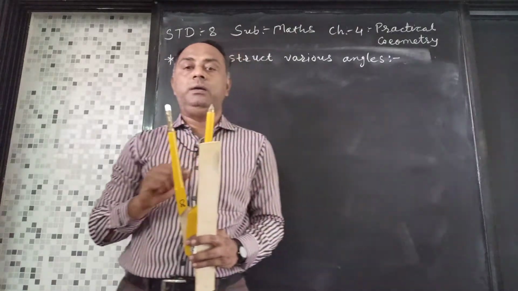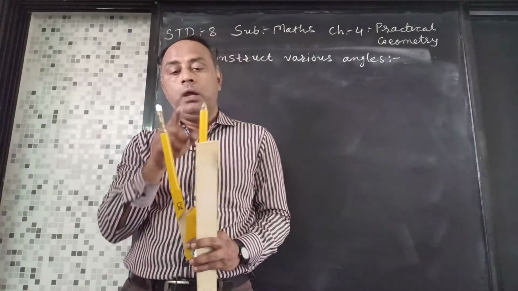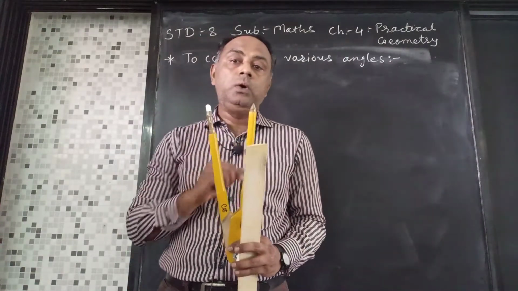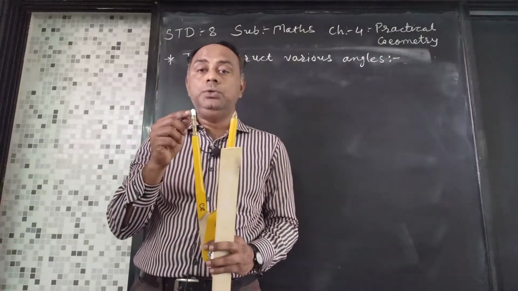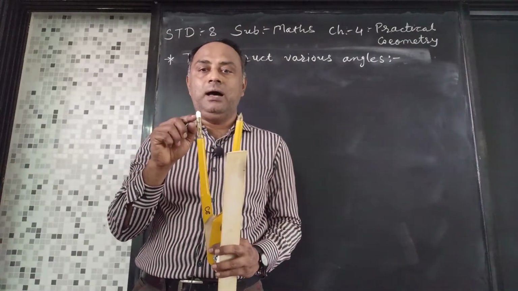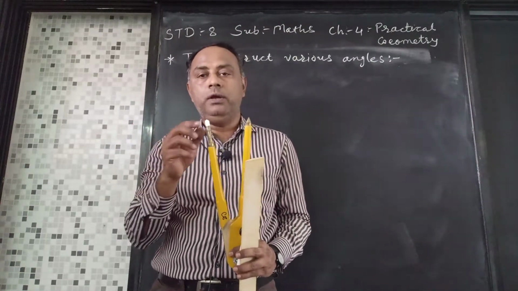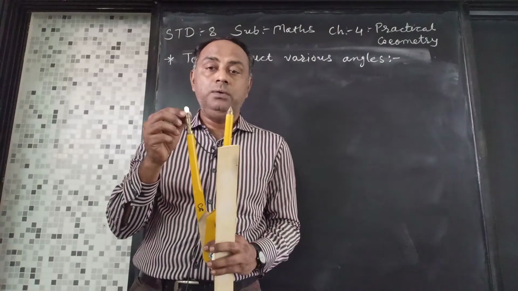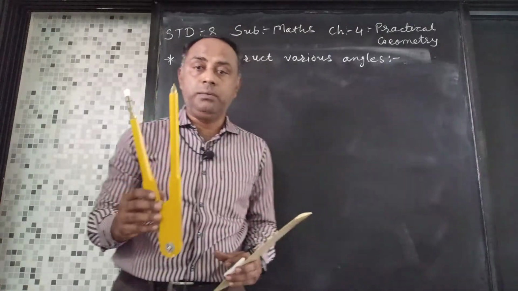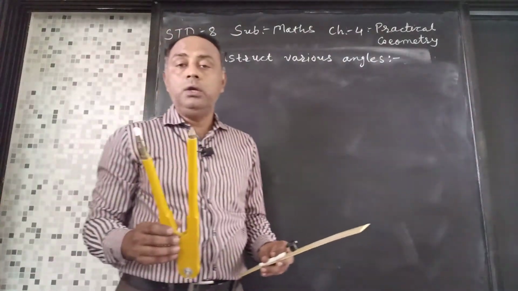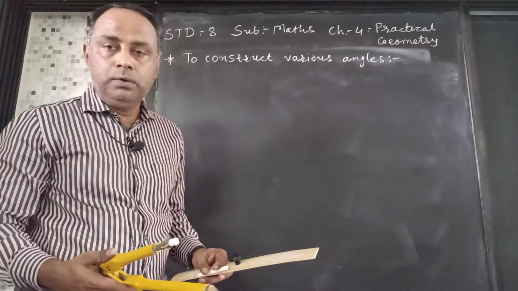Okay, the center of that particular arc you are going to take. The length between these two will be called the radius, and the place at which you mark, that will actually be called an arc. Okay, wherever you mark it, that will be called an arc. So this is the introduction of the compass, and I hope you will enjoy learning this from me. So I'll show you how you will be doing it.